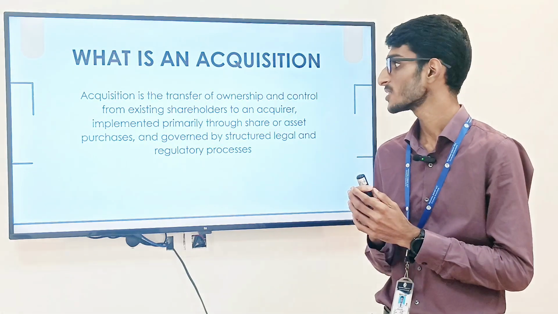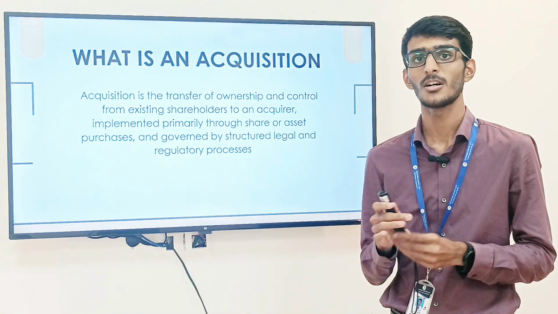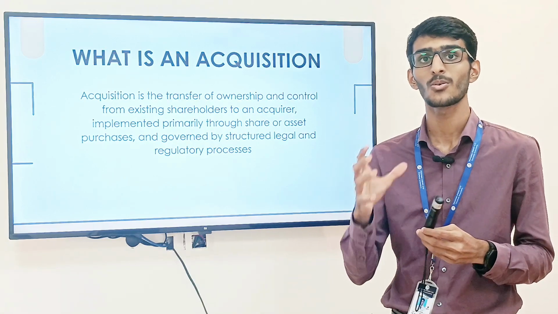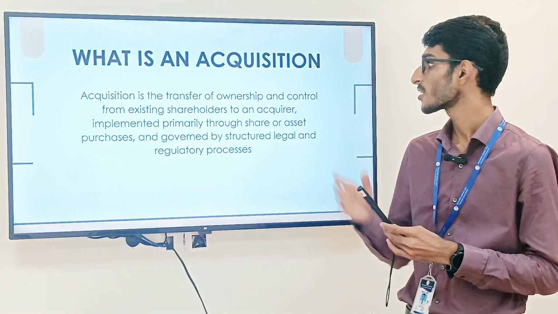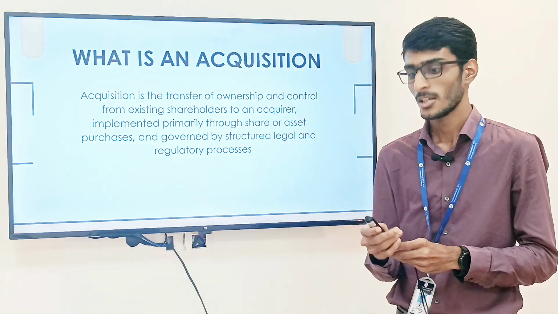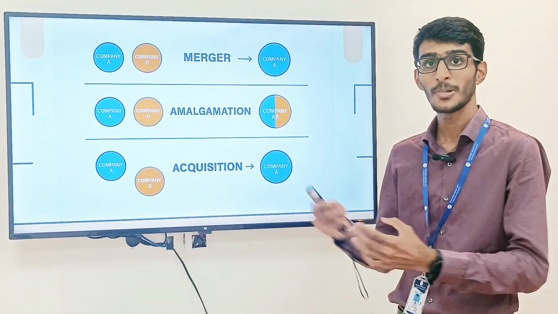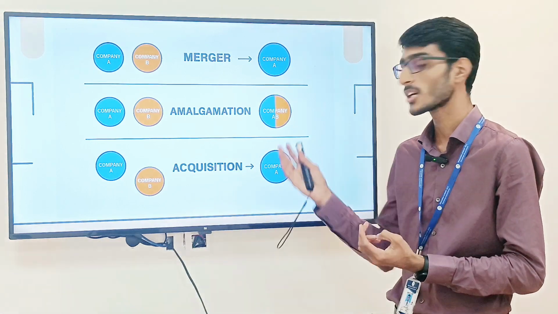So when we look at an acquisition, an acquisition is nothing but a merger where one of the companies is having a controlling interest in them. So it is like, let's say there is a company A. If company A acquires company B, company B will no longer exist, whereas only company A will continue